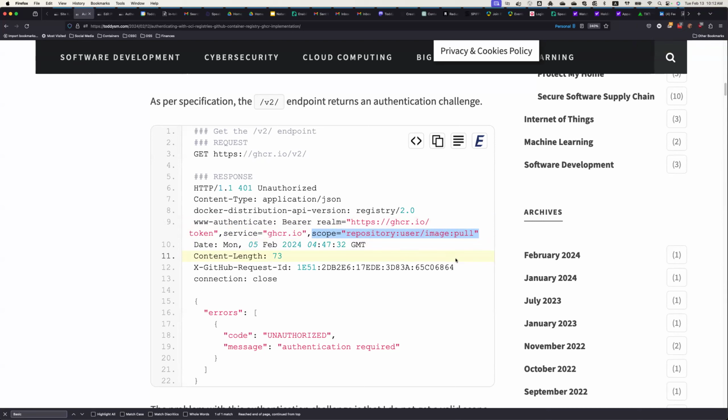But can you? Because my read of this is that you need to explicitly pass that same scope back when you're requesting the token. No, then you get the error, an existing repository. If you use that scope and pass it to the GHCR.io token endpoint, then you get an error. I don't think I documented that, but you get an error.